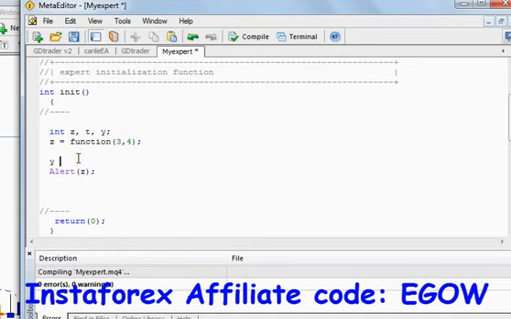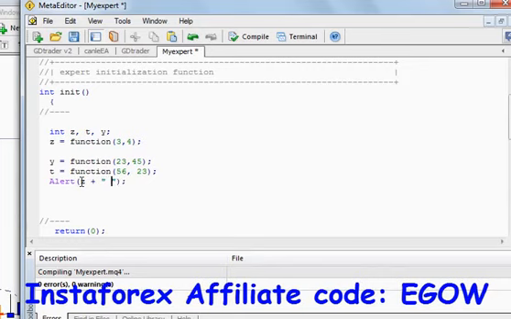Let's set y equals function and two integer values right here, and also t equals function and some integer values inside it, 56 and 23. Let's alert all the values together to see